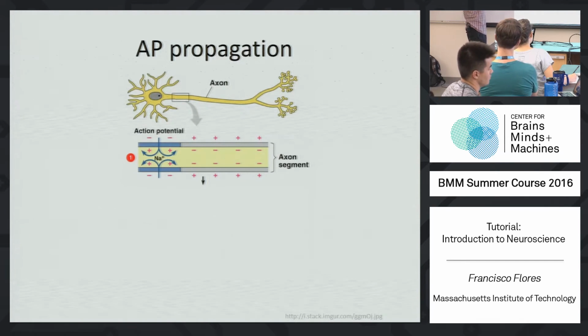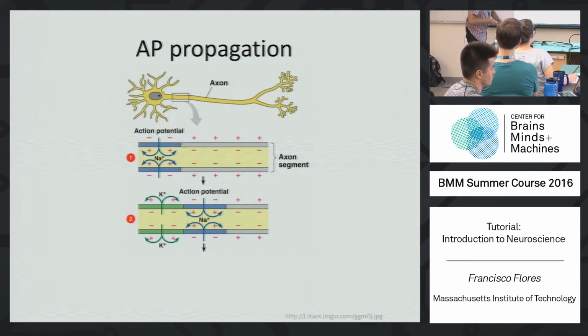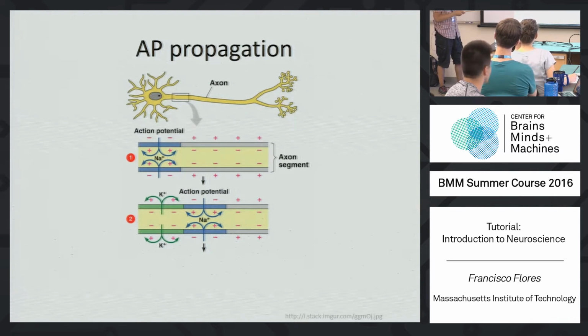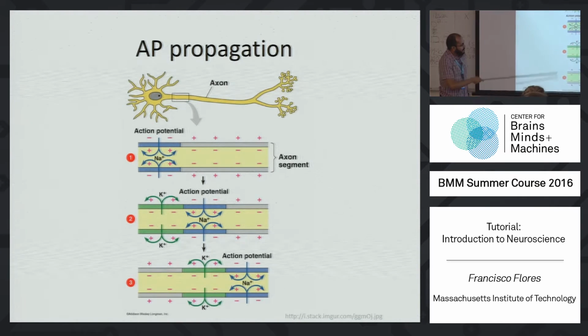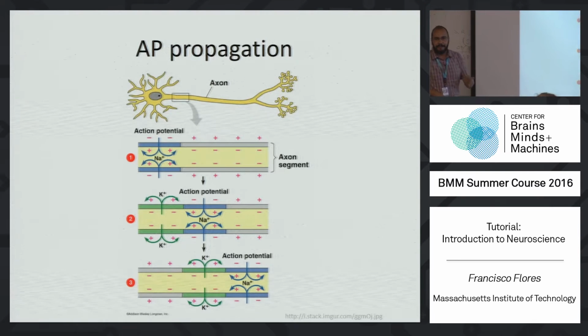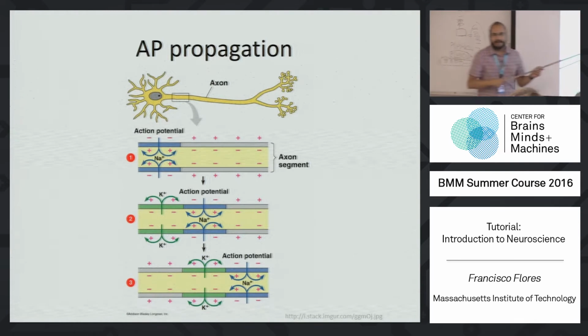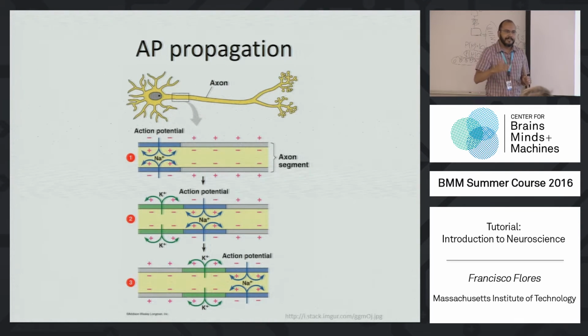They're going to start opening. So then the next area is going to leave this sodium going in, and the potassium is going to start going out from the area that they just initiated the action potential, okay? And this is how the action potential travels across the axon. Because this area here is actually in the refractory period, this guy cannot go back. So that ensures that the action potential is always going to go in one direction.